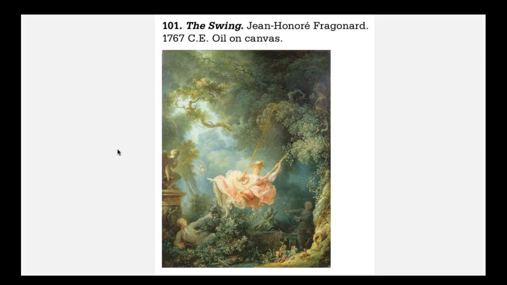We combine the words Baroque, which is the Italian for the imperfect pearl, with rocaille, which is the French for a kind of garden that uses shells and pebbles and rocks in this really elaborate way to decorate the garden. In Rococo, the patrons are...